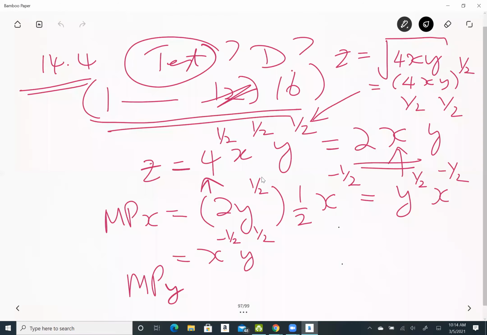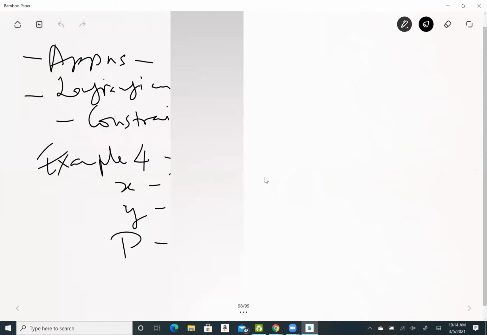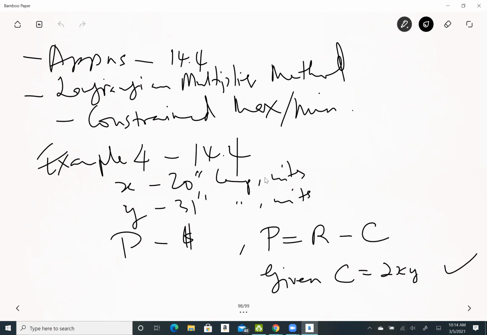We know how to do that already, because once you have the function, then you just find the critical point and then apply the second partial derivative test. So our profit will be equal to what? Equal to the